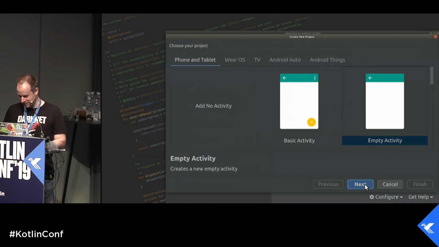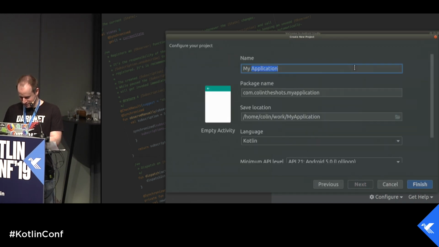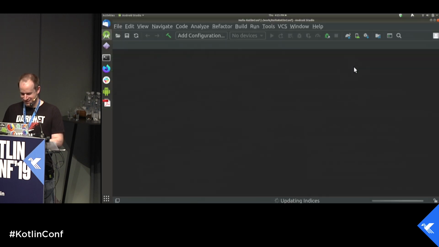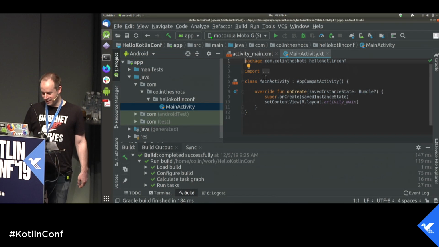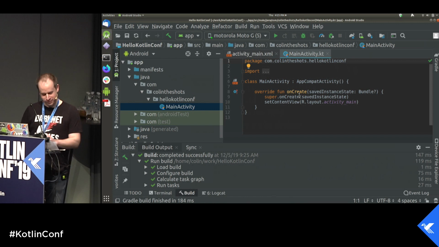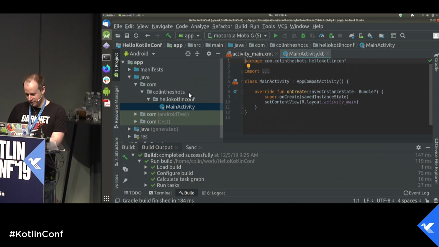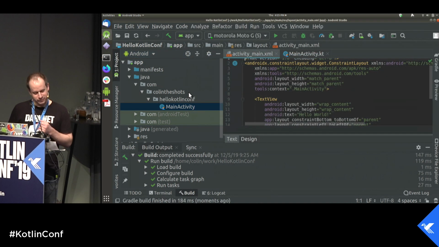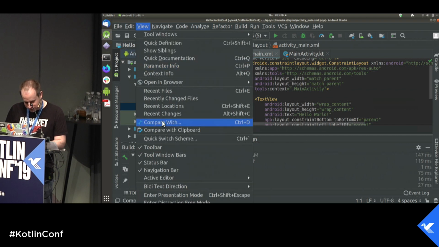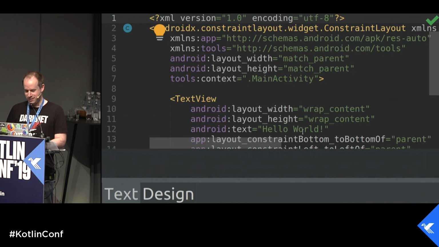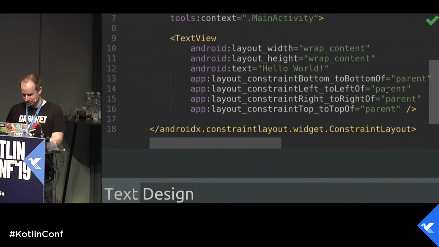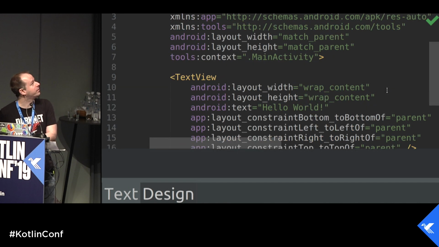So the empty activity. Let's see, give it a cool name. Hello, KotlinConf. I don't know. That's fine. All right. Okay, so I'm going to start off here with a brand new empty activity. First off, we're going to put in a layout here. I want to put this in a mode where you can actually see what I'm doing. There we go. Cool. So, did everybody see that okay? I might want to make it a little smaller. All right. Anyway,